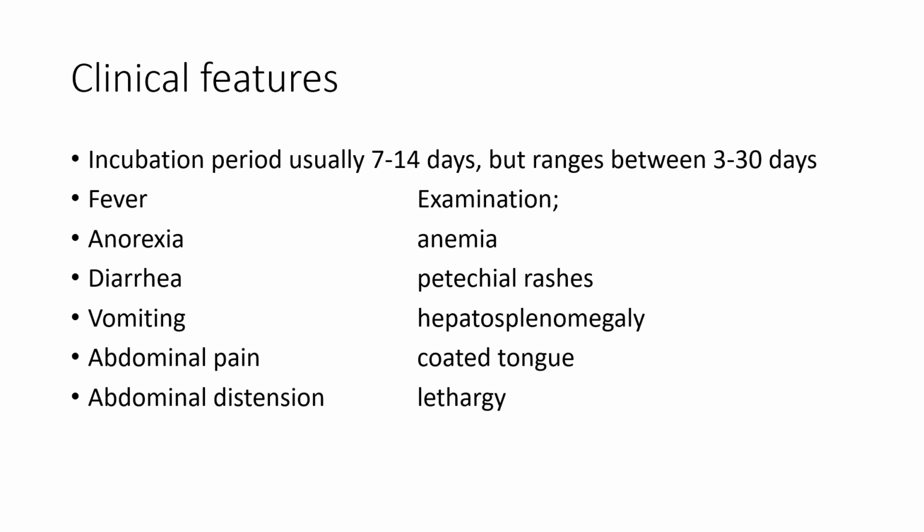These lesions are difficult to appreciate in dark skinned children. So on examination, you come across rose spots, which usually are difficult to appreciate in dark pigmented children. You can find the signs of bone marrow suppression in the form of anemia, petechial rashes, and due to reticuloendothelial system involvement, you get hepatosplenomegaly,